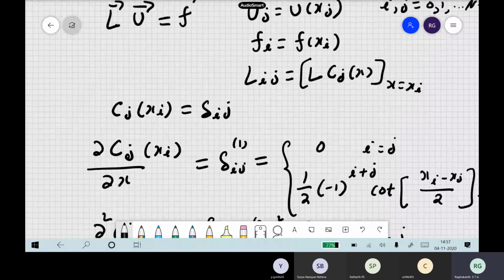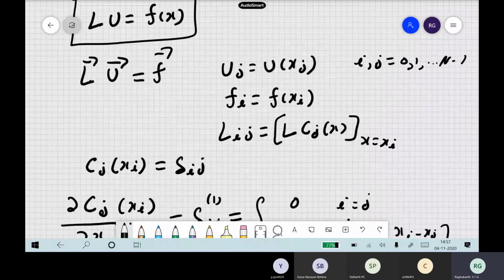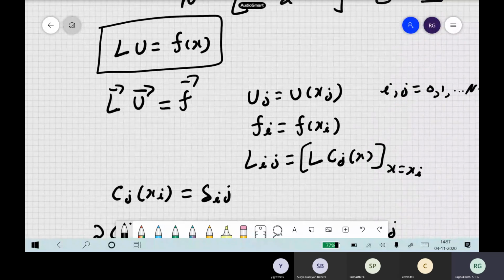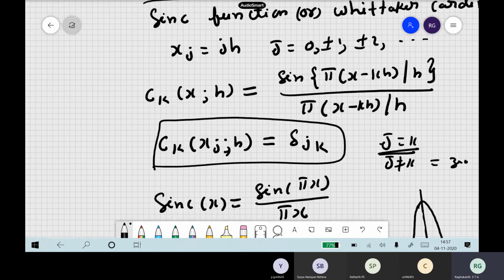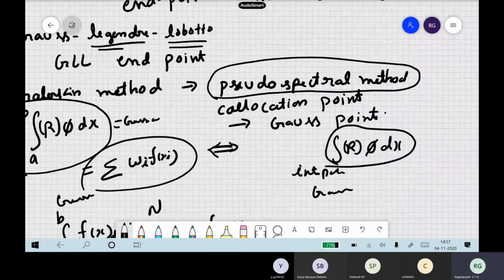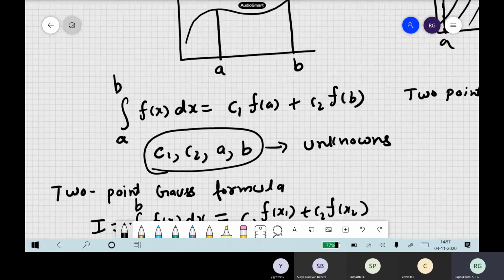So what's the main advantage when you write in terms of the cardinal functions? What is it that we are doing here? What's the great advantage of cardinals? See, previously, how were we solving the interpolation or whatever we discussed? What was our representation? See, at the start, what did we do? In the pseudospectral method, if you see the starting, what is it that we are trying to do?